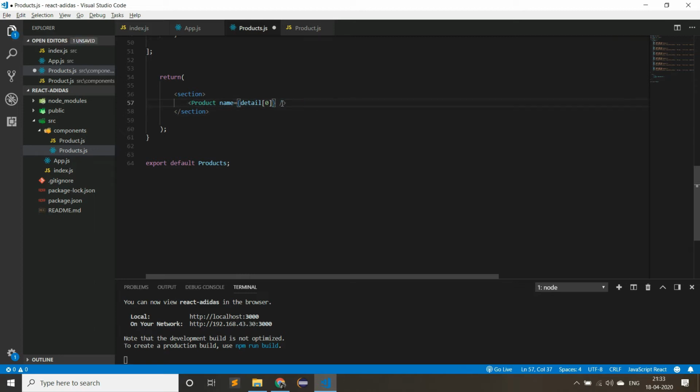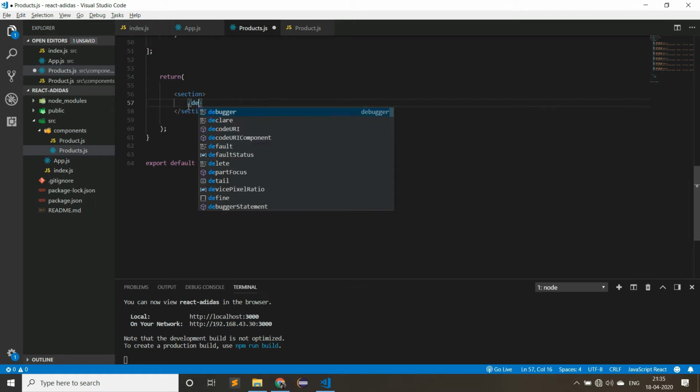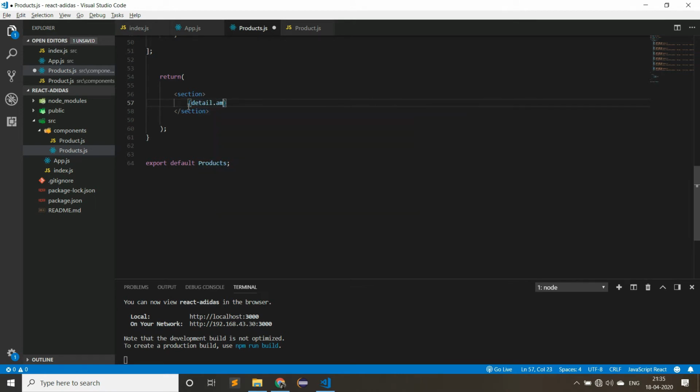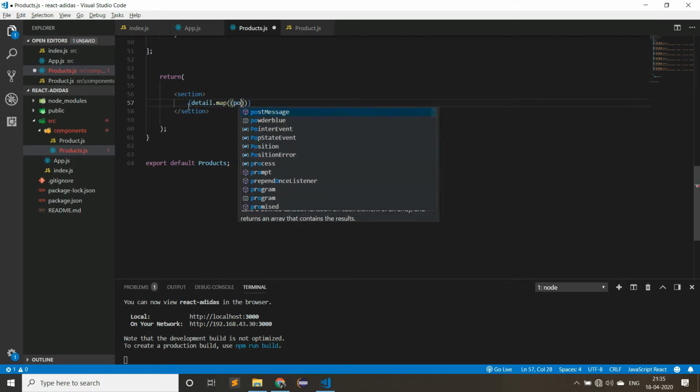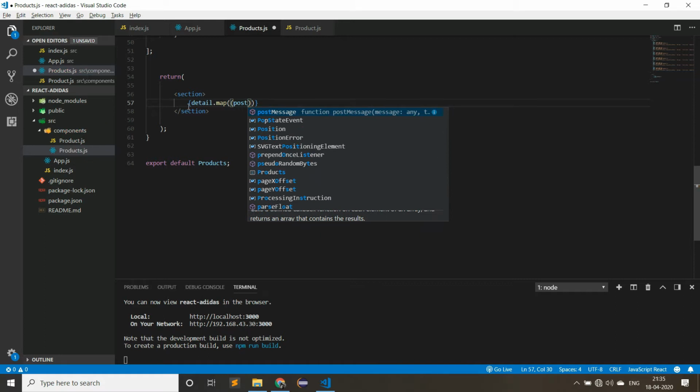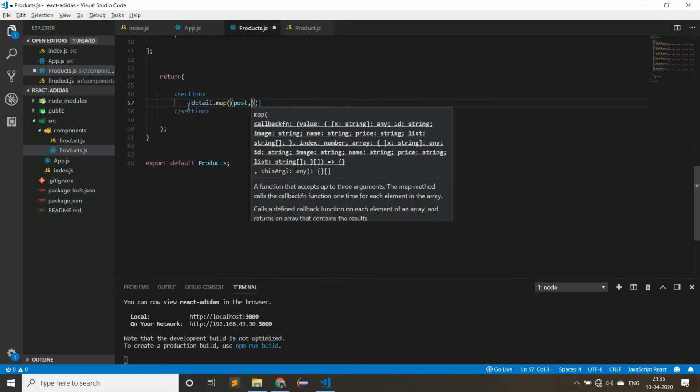So now we have to loop all the 6 products. So for that let us use, so open the braces, and then we have the array detail. So let us use the map function. Here map is just like a higher order array function. It is similar to the for each loop. So it will take the parameter post.